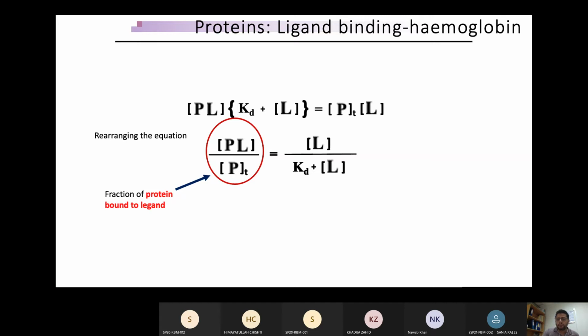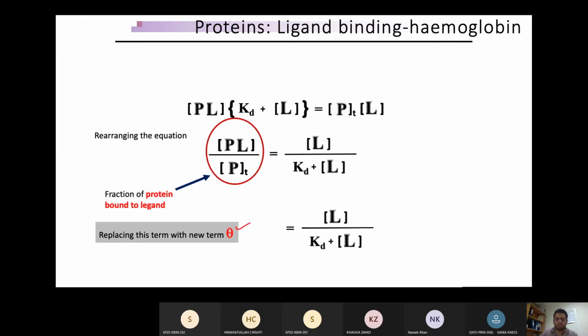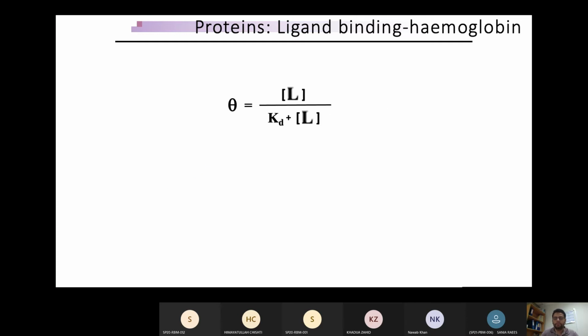So you get that it is equal to the concentration of ligand divided by Kd plus concentration of the ligand, and this expression, that is the portion of the protein which is bound with the ligand, could be replaced with a new term which is called theta. So अब theta के साथ इसको replace कर सकते हैं. So you will get this equation which is in fact our basic equation जो कि हमें बता रही है कि हमने ऑक्सीजन का प्रेशर, मुख्तलिफ गैसेस प्रेशर्स के ऊपर ऑक्सीजन का प्रेशर कैसे मेजर करना है, हीमोग्लोबिन की बाइंडिंग कैसे मेजर करनी है.